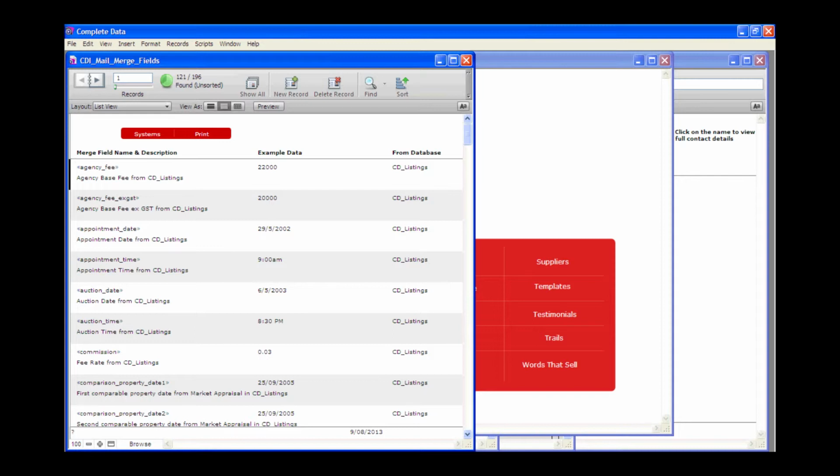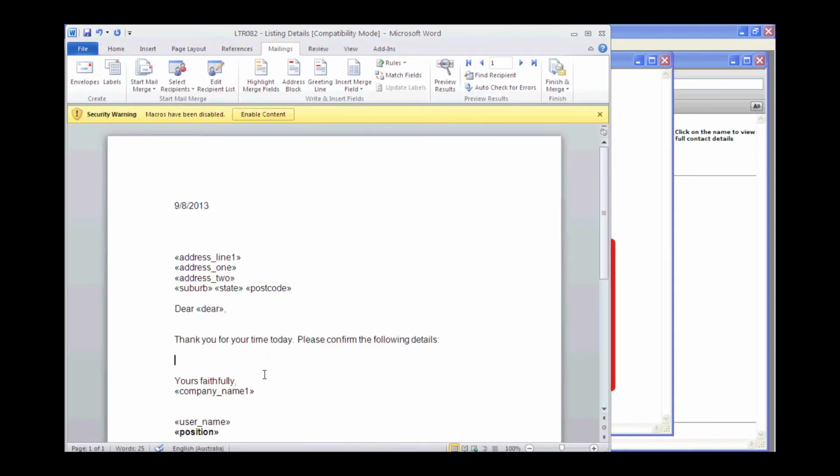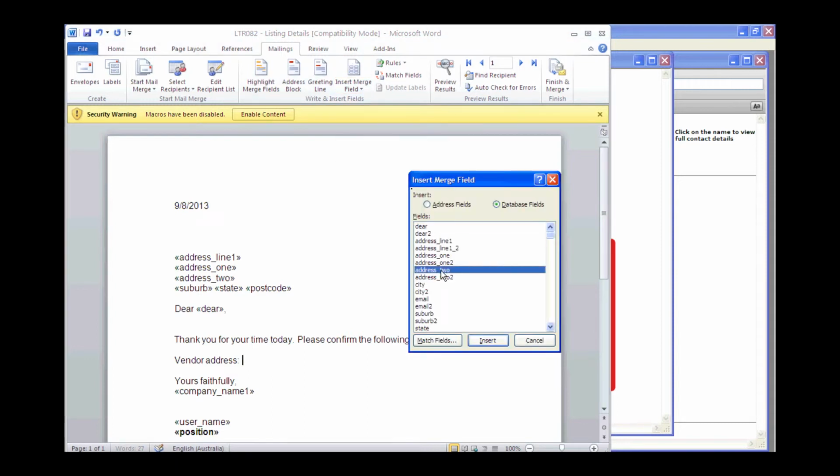So you really need to print that list out and brainstorm the exact merge field you'd like to enter into your document before you begin creating it. And then once you've got your document and you're ready to start adding in merge fields, you simply need to put your cursor where you'd like the merge field to be entered on the document. And then you can scroll through and find